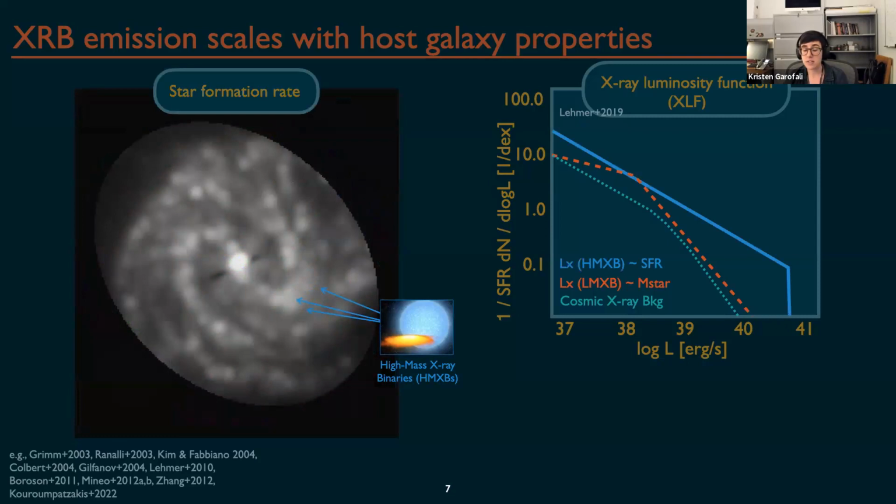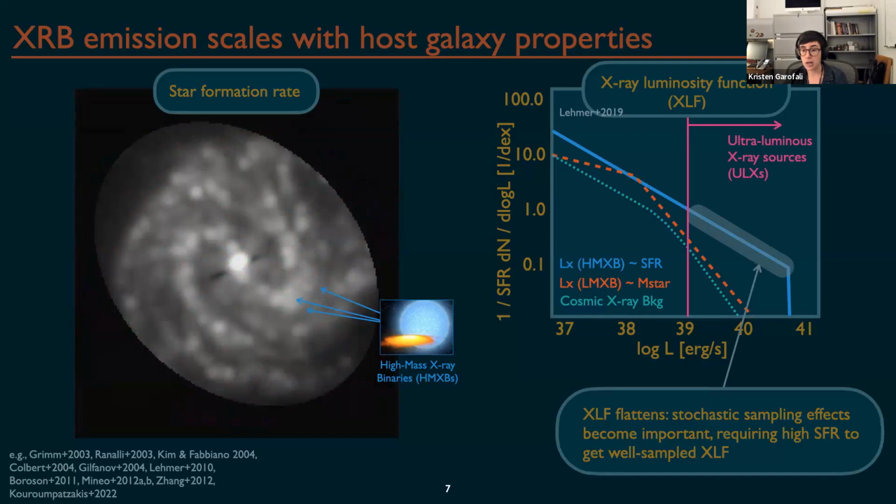And maybe not surprisingly, these tend to correlate with the star formation rate of the host galaxy. And you can see that their luminosity functions actually look quite different. In particular, the high mass X-ray binary luminosity function, we know now from resolved population studies with Chandra, flattens as you get into the ultra luminous source regime. So basically at sources greater than the Eddington limit for roughly a 10 solar mass black hole, the XLF is